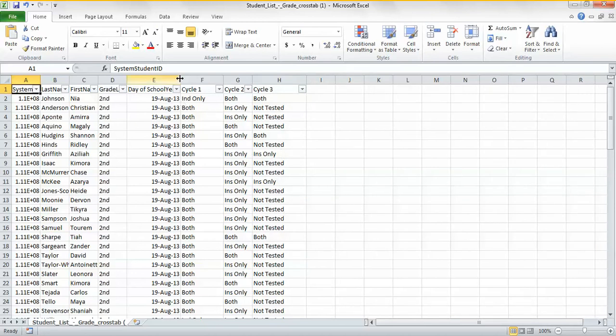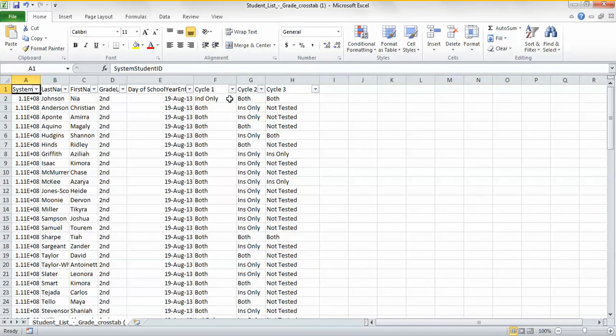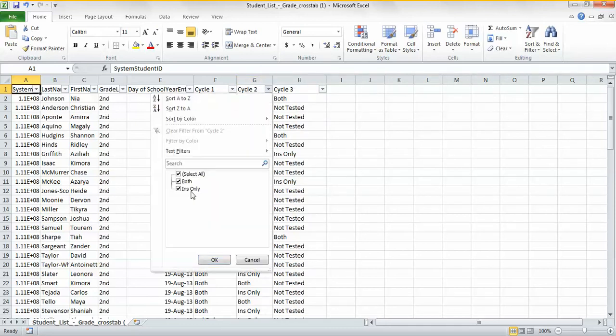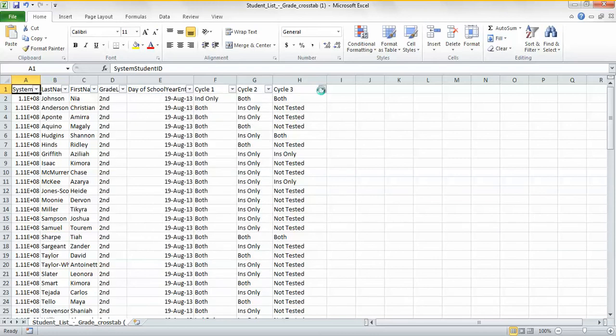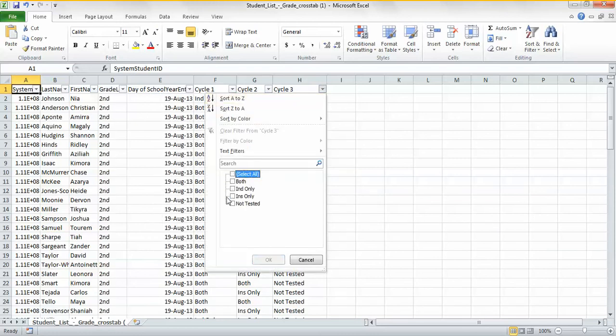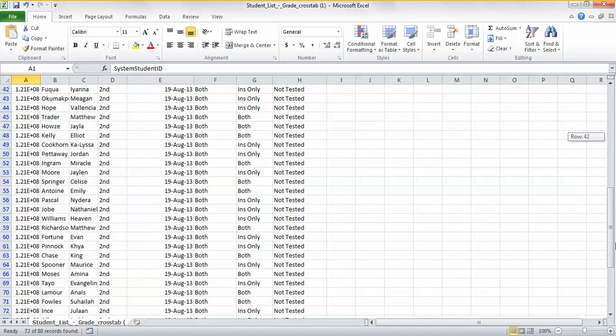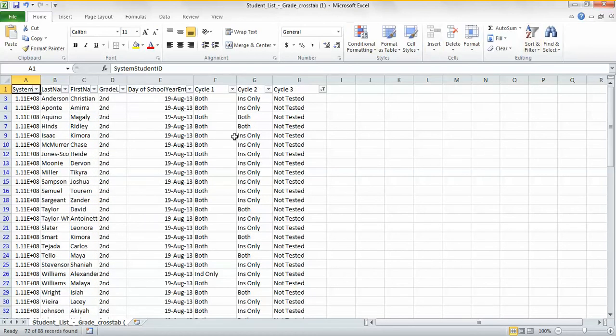So for instance, if I want to see scholars that have been tested in either cycle 2 or cycle 3, I can use these filters to see scholars that were tested. For instance, I can see a list of scholars who were tested in cycle 2, but not in cycle 3. And so this may help me figure out who I need to still test for cycle 3, or